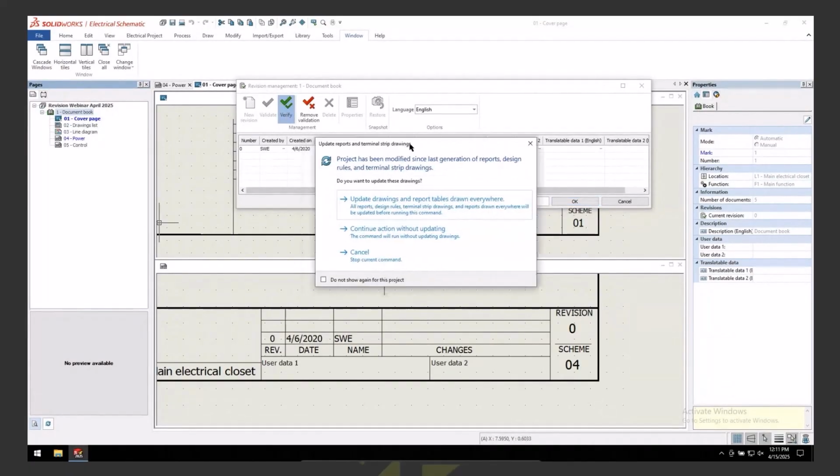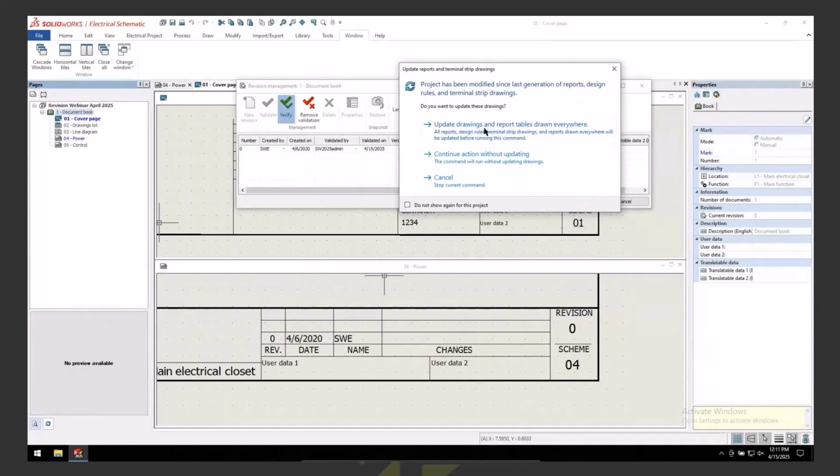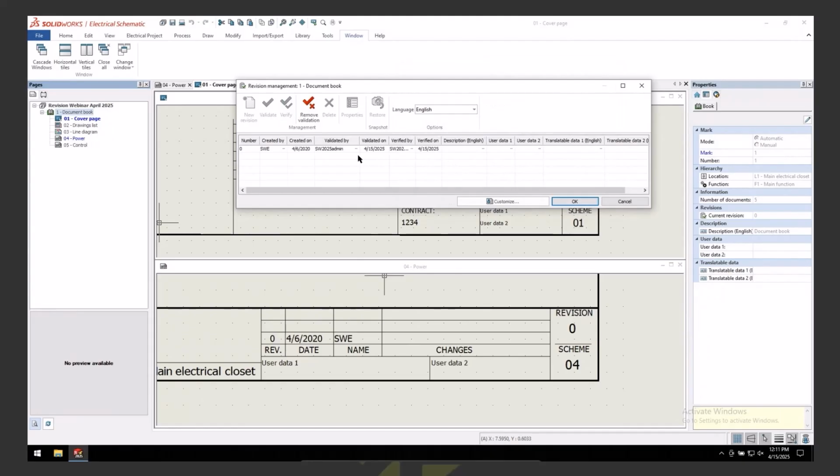First thing when we do a verify is, hey, do I want to update any of the reports? And most of the time you're going to want to do this, mostly because if you had a bill of material report or some other report, you want those to be refreshed and updated before it's locked in as a verified report. So that's the first question that we get. And then again, that captured the name there. I'll throw a description here too, so we'll just say first descript. And when I hit OK there,